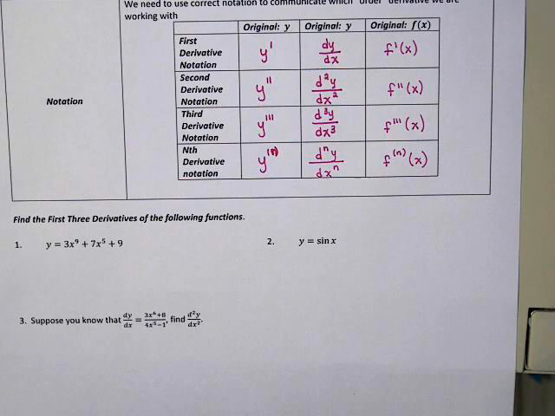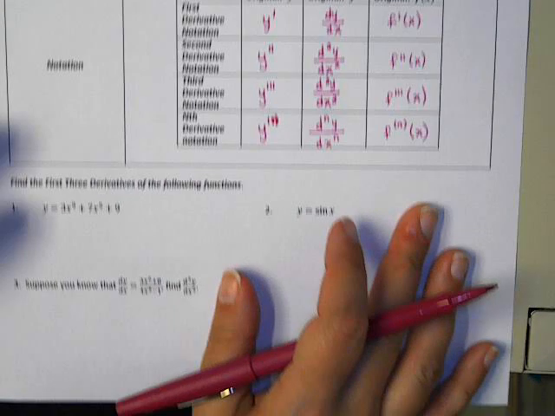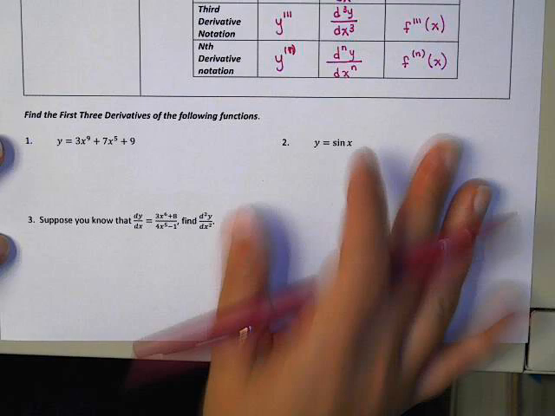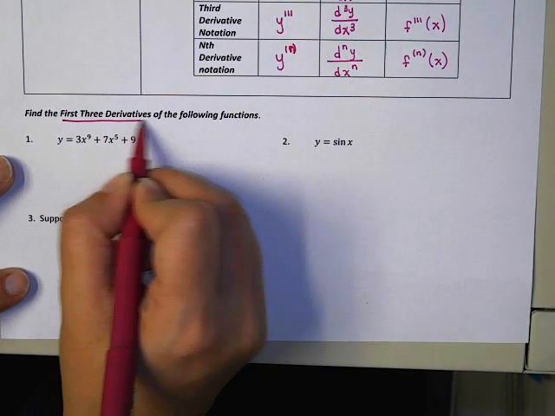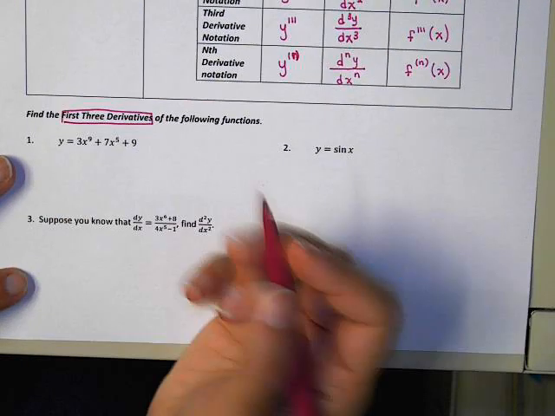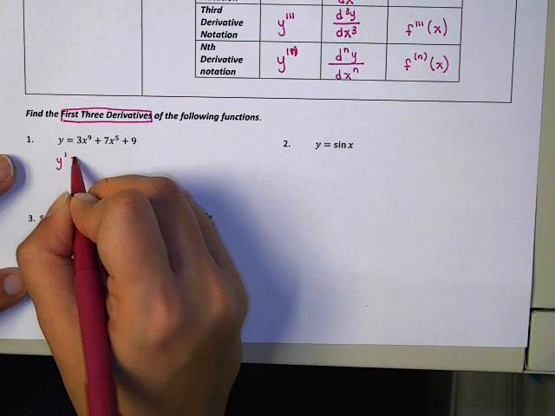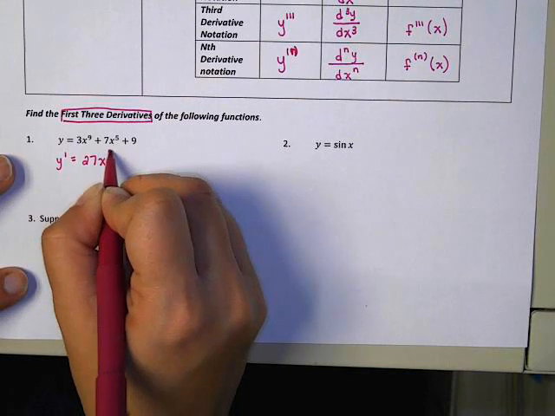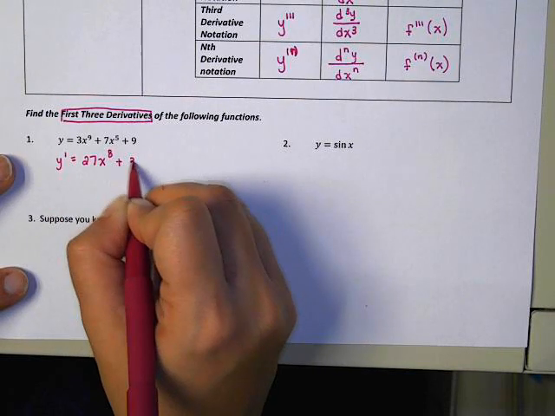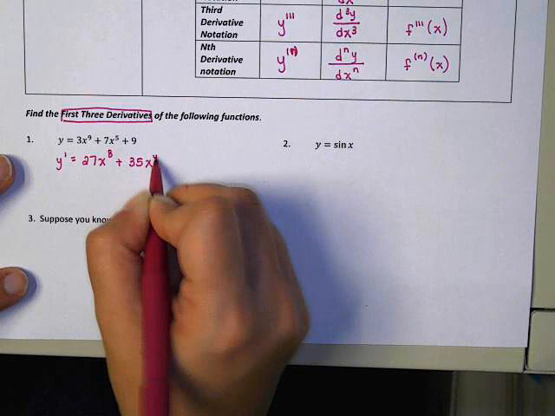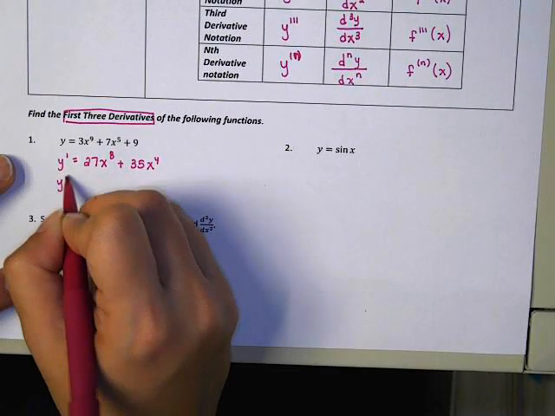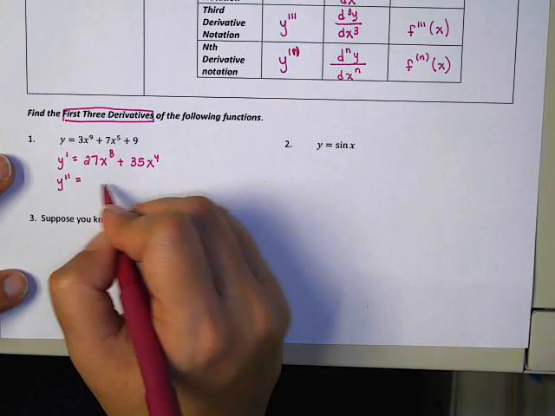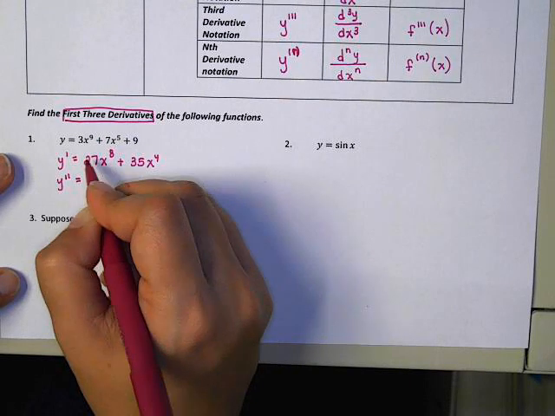What we're going to do now is find some derivatives, making sure we're using correct notation just to practice the notation here. So for problem number 1, it says find the first 3 derivatives for the following functions. So the first derivative here, I would just use the power rule. So I would have 27x to the 8th plus 35x to the 4th. For the second derivative here, I would have 27 times 8, which is